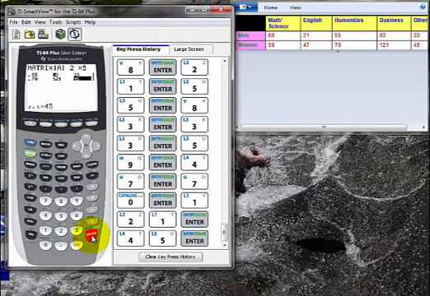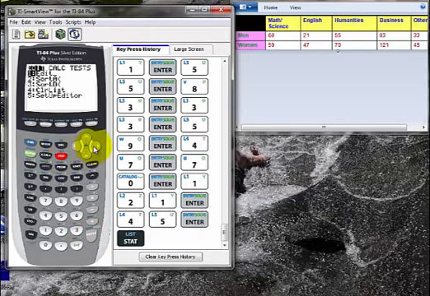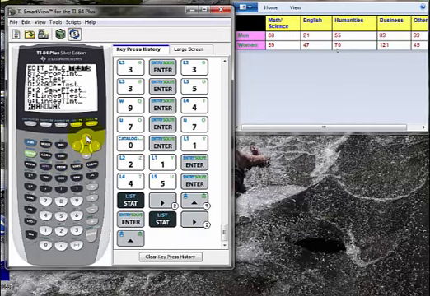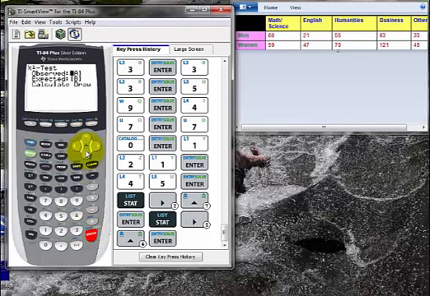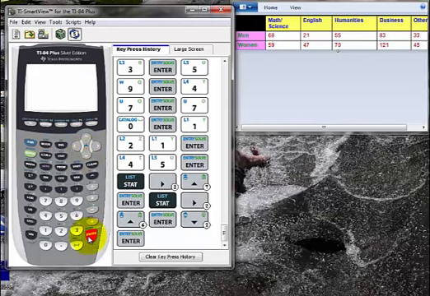Now that I have my matrix entered in, I go to Stat, then Tests. I use my up arrow until I get to chi-squared test. Hit Enter. The observed is A, the expected is B. I hit Calculate, and there we have it. The chi-squared test statistic is about 10.33, and the p-value is